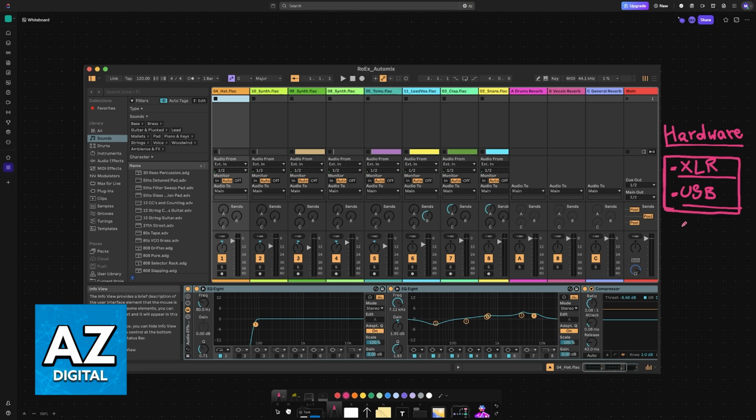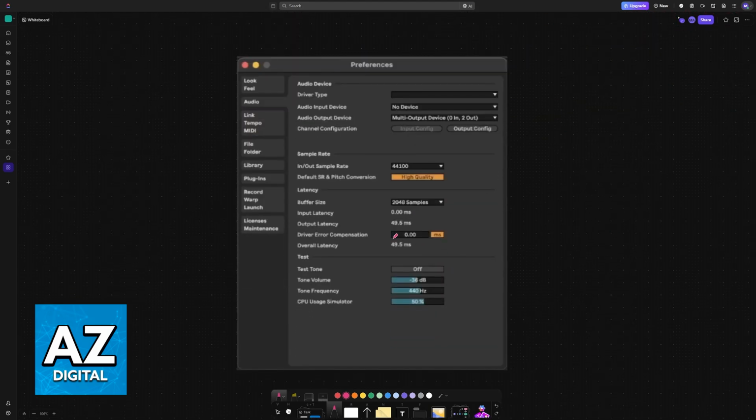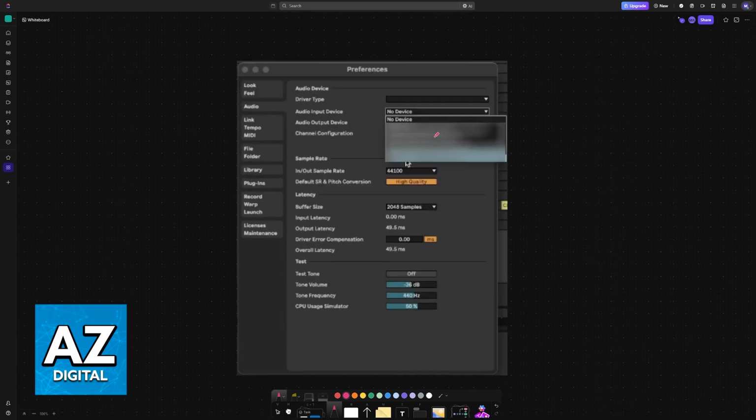Once you have your microphone connected to your PC running the Ableton software, then what you have to do is go into the preferences under the audio category. You will find various different audio device options, and the one that you are looking for is audio input. So this is how audio is going to enter your PC into the recording software, in this case, Ableton. So now choose the option here and select your microphone from the drop-down list.